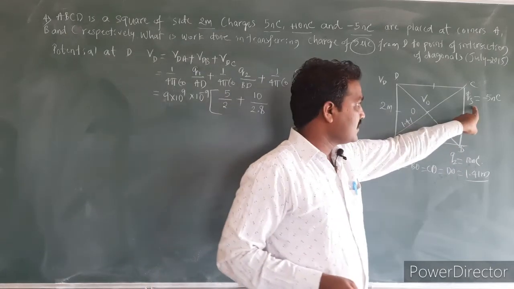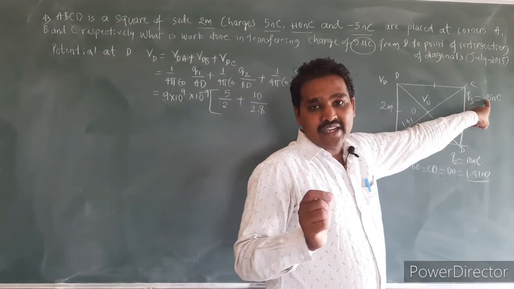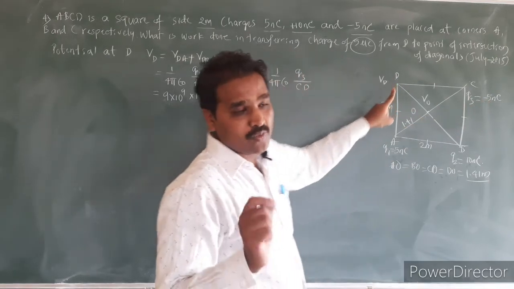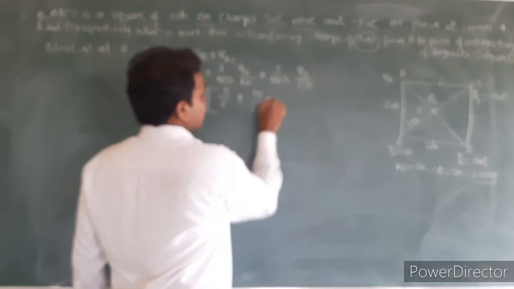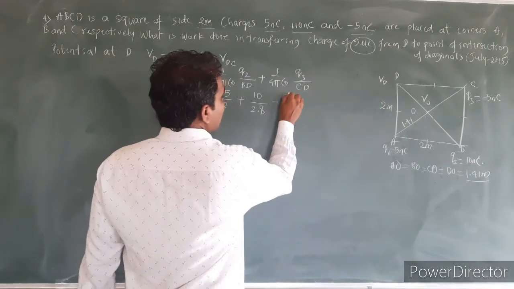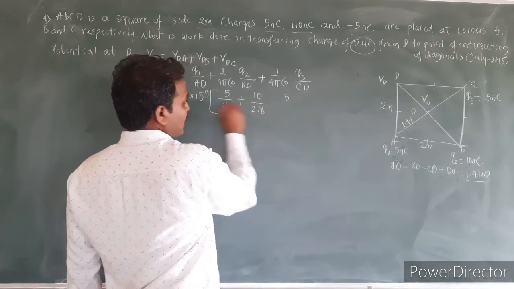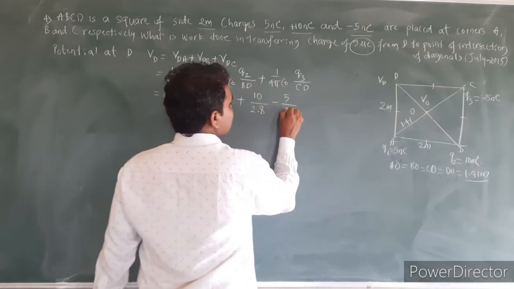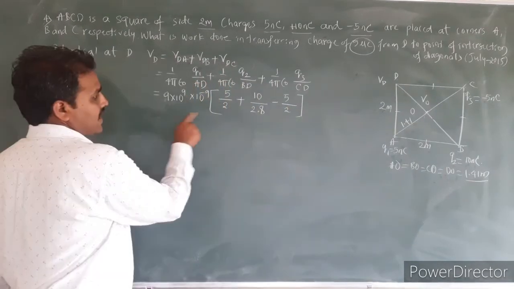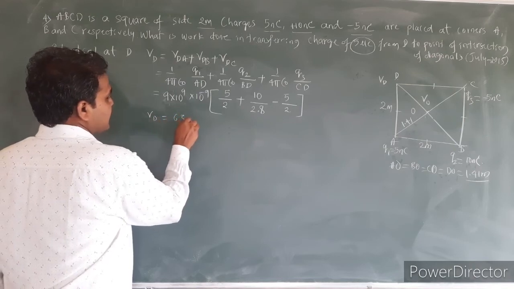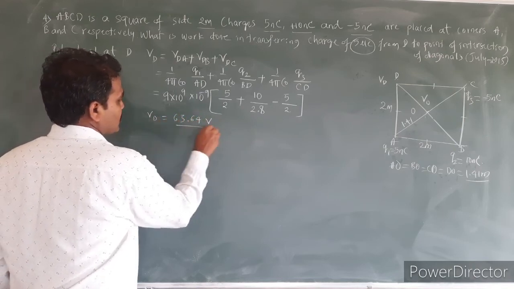But look at the third charge here. The third charge is negative. Hence the potential because of this negative charge at point D will also be negative. So I write minus here, by the sign convention. What is the magnitude of the charge? 5 nanocoulomb, 10 to the power minus 9 I have written outside, divided by CD, which is again 2 meters. If I calculate this value, I get VD equal to 63.64 volts.